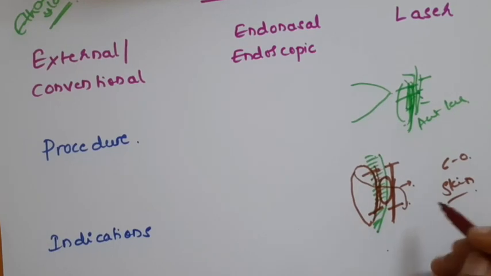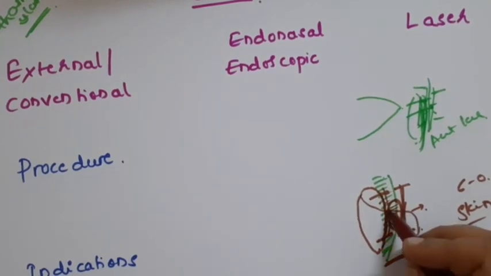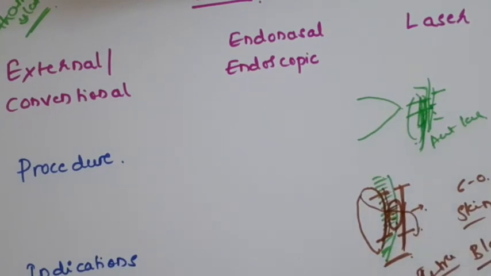So what are the complications of DCR surgery? The intraoperative complication is bleeding. This is the most common complication in DCR surgery. Then there may be some problems with creation of the ostium depending upon the thickness of the nasal bone. Other than that, the intraoperative complications are less. Post-operatively, there can be a blood clot which is blocking the ostium, or in the later stages there can be fibrosis forming there, and it may block the ostium, leading to failure of the surgery.